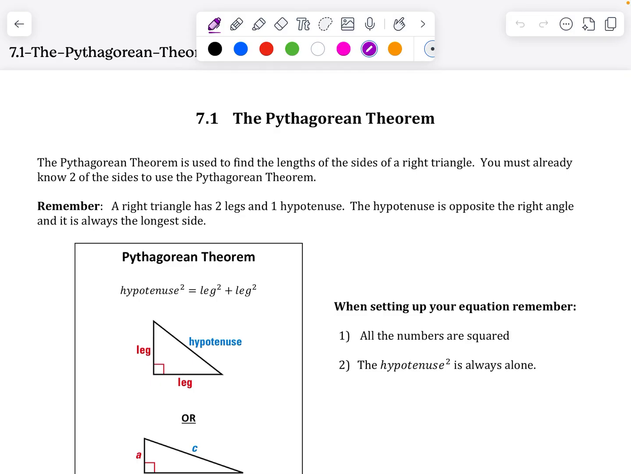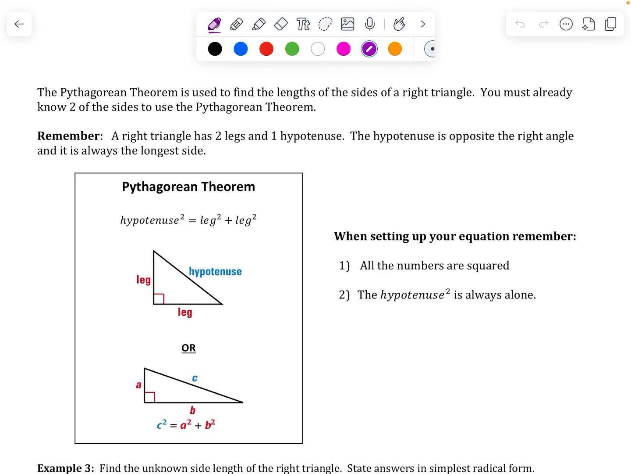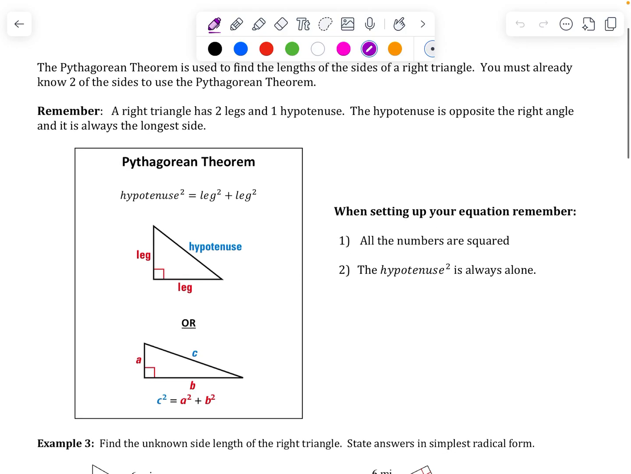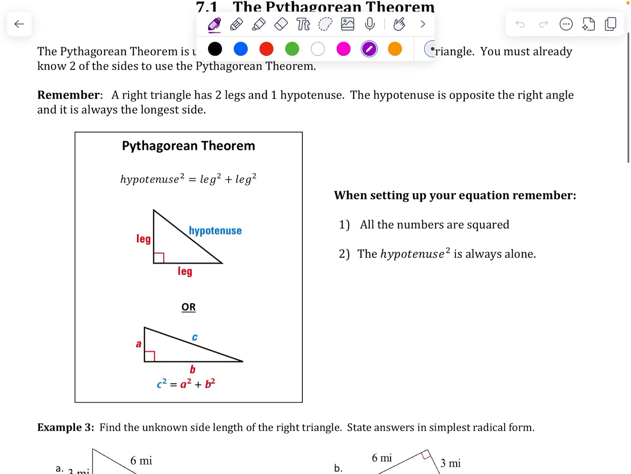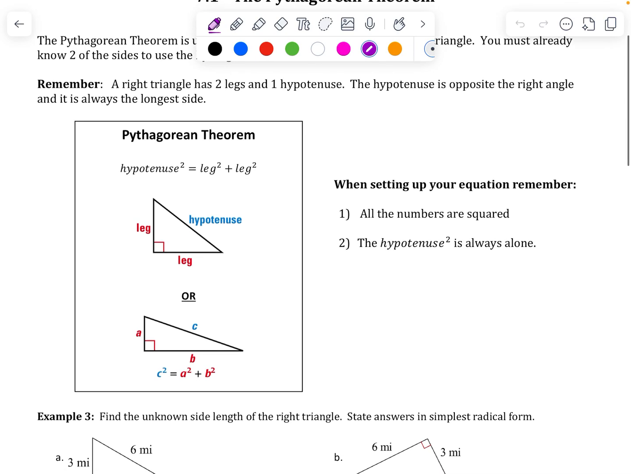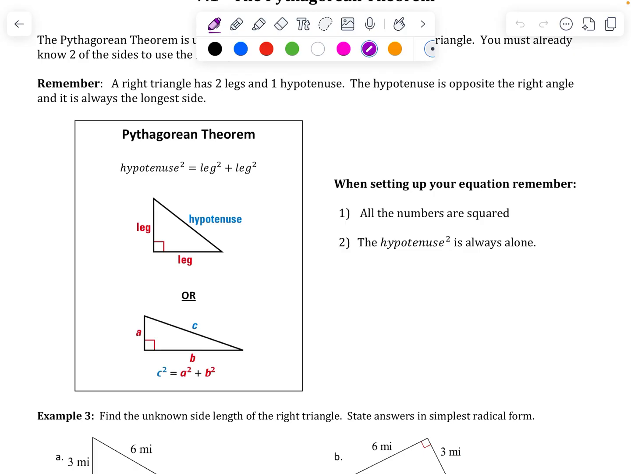Remember that a right triangle has what are called two legs and a hypotenuse. Those are just special names for the sides of a right triangle. In semester 1, when we were talking about how to prove that triangles were congruent, we learned a theorem called HL. H stood for hypotenuse and L stood for the legs. Hopefully you remember from semester 1 how to identify the sides of a